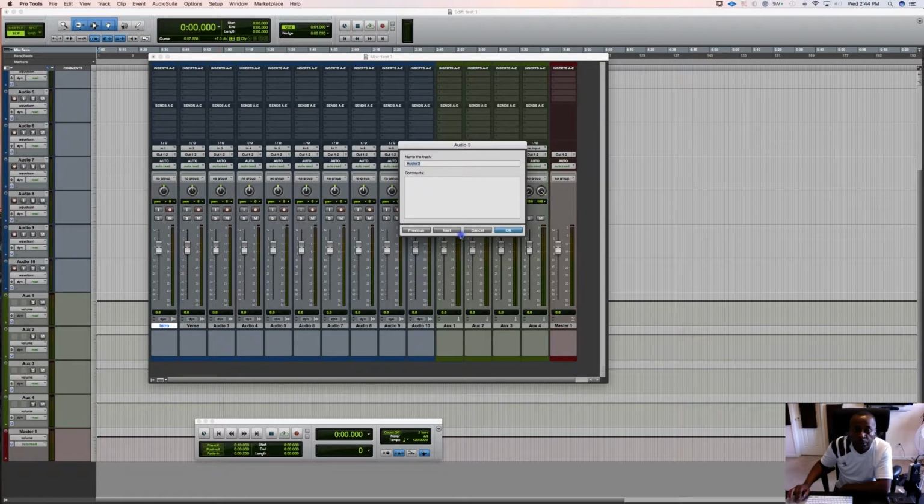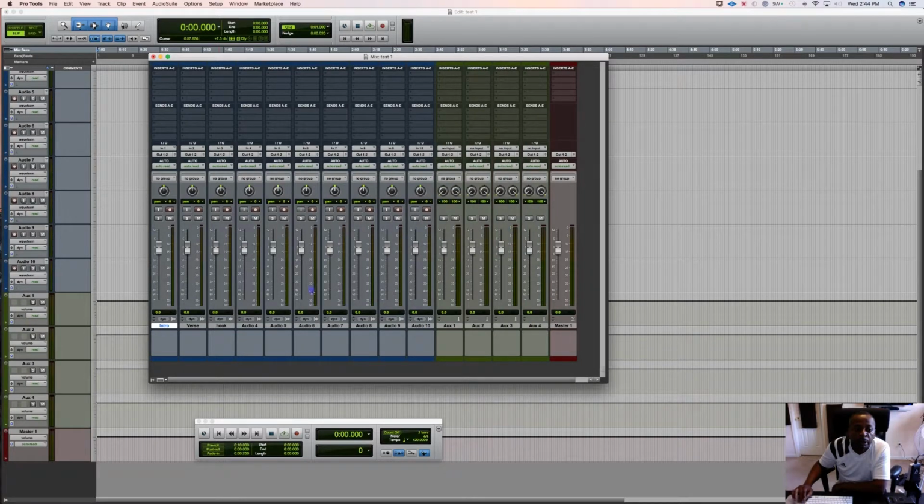And I can go to audio 3. It automatically went to audio 3, so I can call that, I don't know, let's say hook. Okay. And so on. So I'll hit OK here, and it calls it hook. And you can go all the way through and name these, and then your auxiliaries,